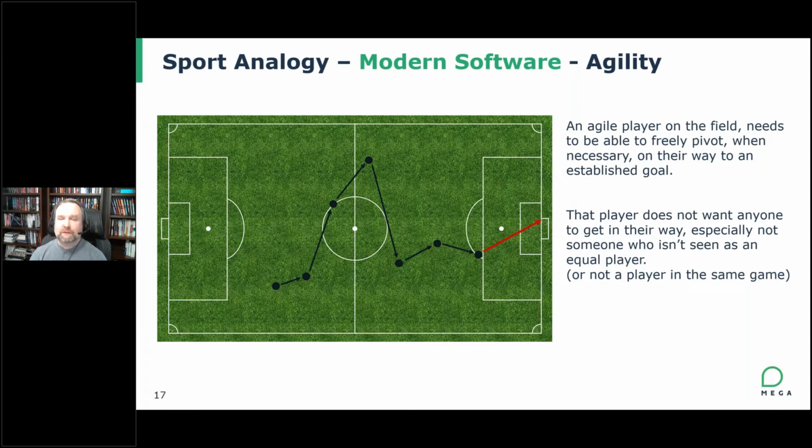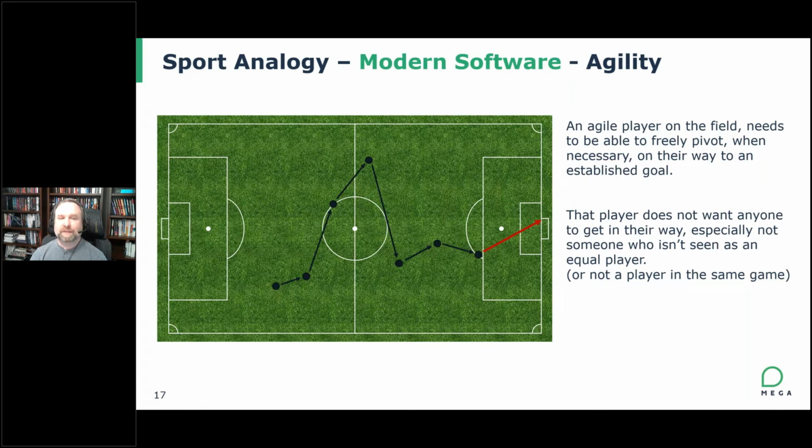Nothing on the graphic or the plot would be a red flag or problematic. We would expect that a particular player would move in this way, pivoting as necessary to achieve their goals. And one thing that they would not expect, although they may get pushback from the market, they may have other challenges that come from competition, they would not expect their own team, their own organization, to get in their way, to run into the field and tackle them, just to put an extreme example into the analogy. They would expect that they would have support and guidance to enable their ability to execute their goals.